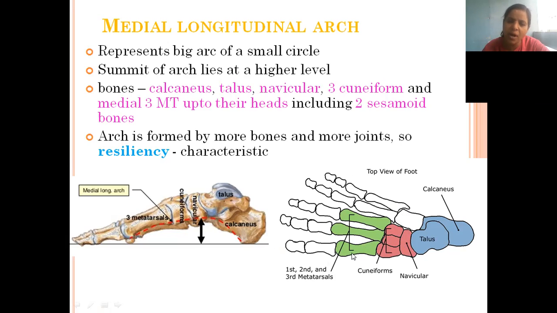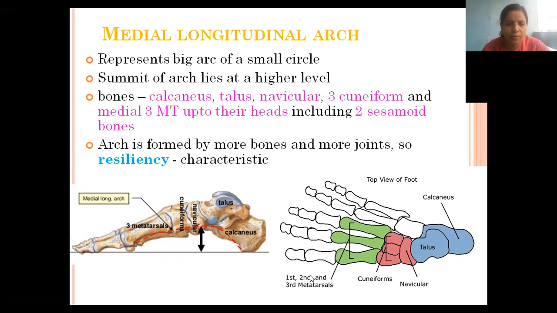After that we have five metatarsals: 1, 2, 3, 4, 5. These are the metatarsals, and we have 14 phalangeal bones. In the big toe we have 2 phalanges, and in the rest of the toes we have 3 phalanges each, which makes 14 phalanges. So these are the bones of the foot. Now see here. Now, the medial longitudinal arch, when you define it, it represents